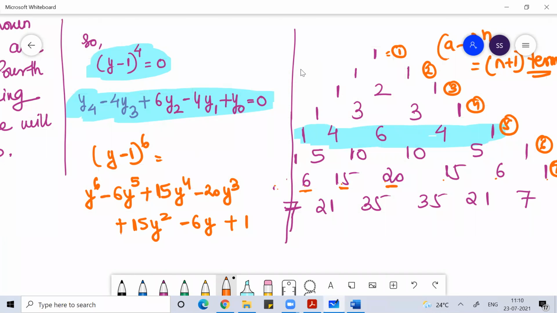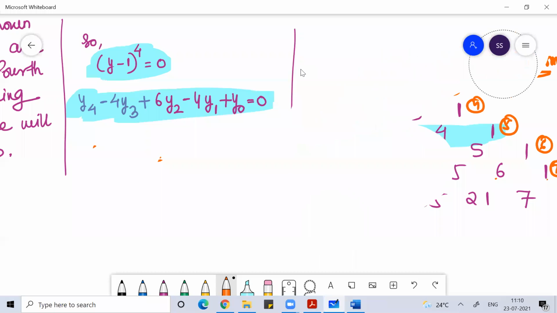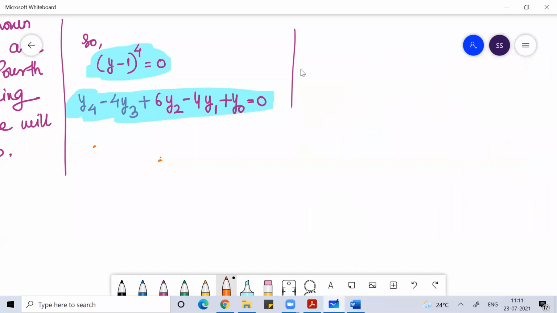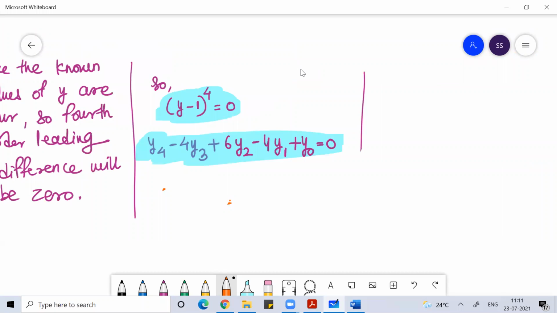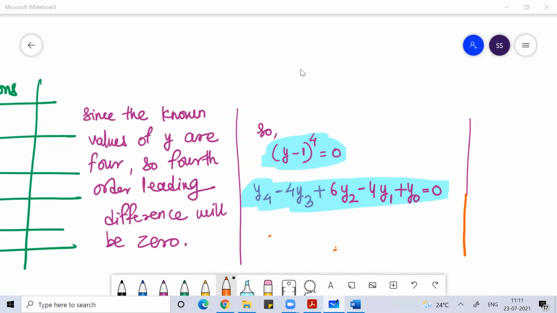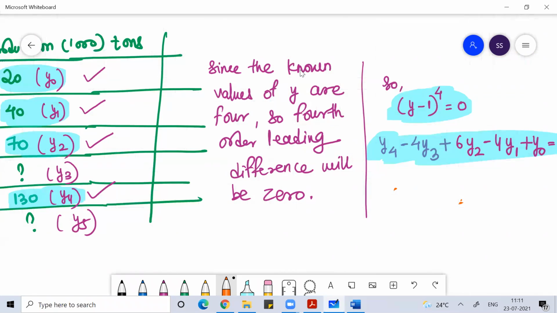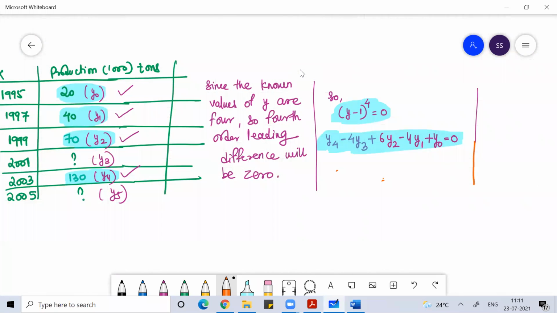Clear, everyone? Pascal triangle you understood? You understood how to write the expansion? Remember this little bit if possible. If you read about binomial theorem, it would be easier for you. That is there in 12th second PU maths. If you refer a little bit of binomial theorem, it would be good for you. Otherwise, no problem. I have done enough homework for you so that you will understand this.